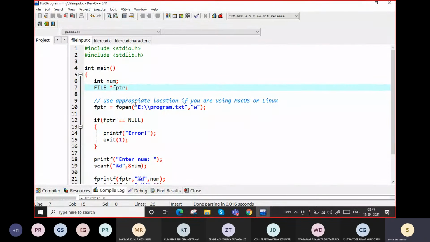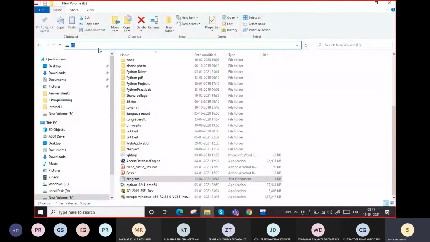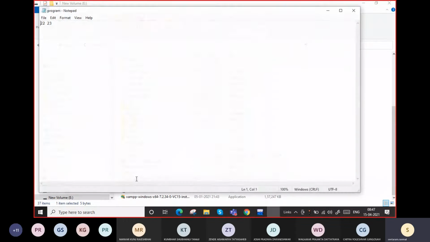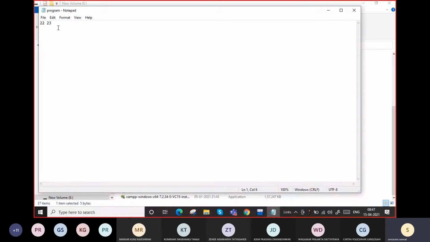There are two things. First, whenever you are reading a file, for example, suppose there is a file on the E drive and its name is program. If I open this file in Notepad, we can read the file as well as write to the file.